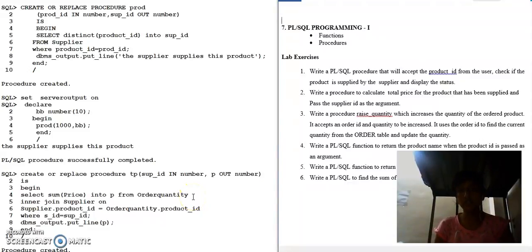So the aim of this experiment is to use PL/SQL programming, that is procedures and functions, to apply to the already created tables and from the questions that are already given here. So the first question is to write a PL/SQL procedure that will accept a product ID from the user and check if the product is supplied by the supplier and display the status. So we have to check if the product that is given as the input is supplied by